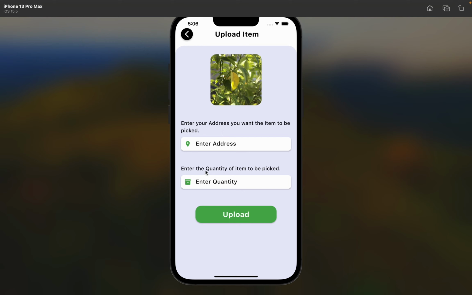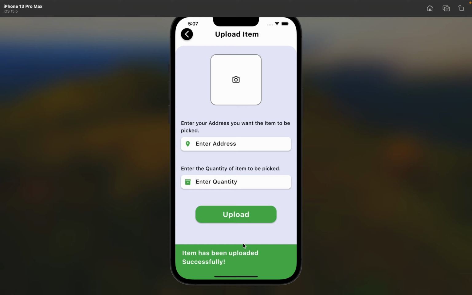And for example, if we want to dispose of a Pepsi bottle, I have just picked a random image to show you how the image picker is going to work. Here we just need to enter the quantity of the item that we need to dispose of. So I'll write the address something like near main market, and we'll enter the quantity as 3, and we'll click the upload button, and you can see that it takes just a few seconds to upload the